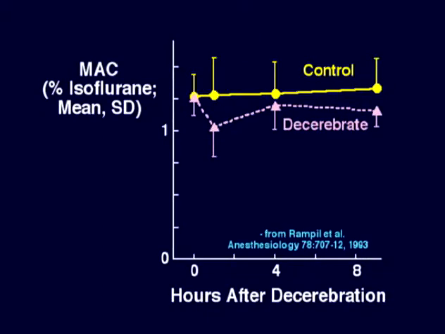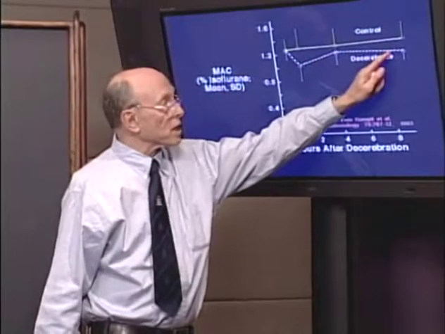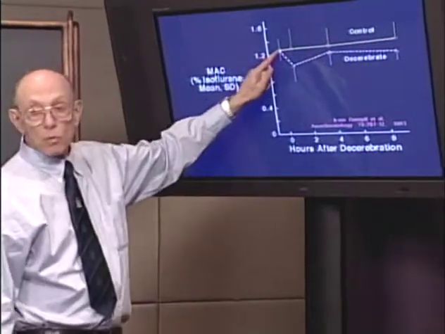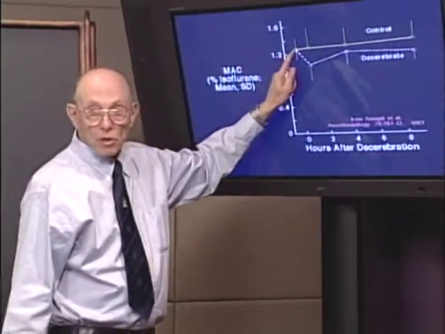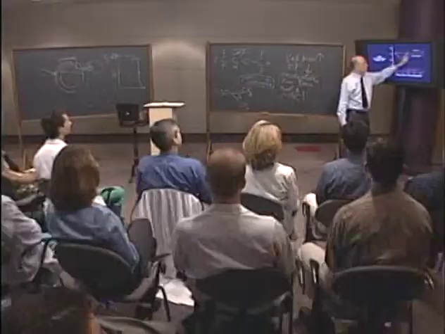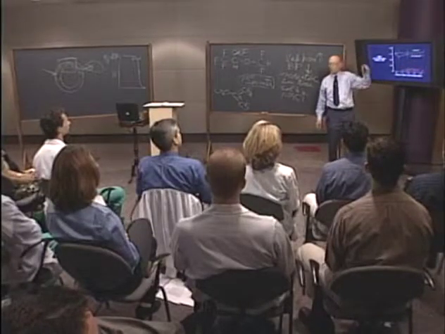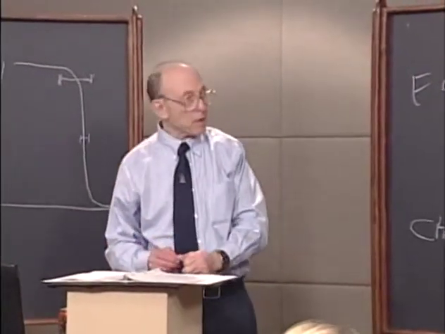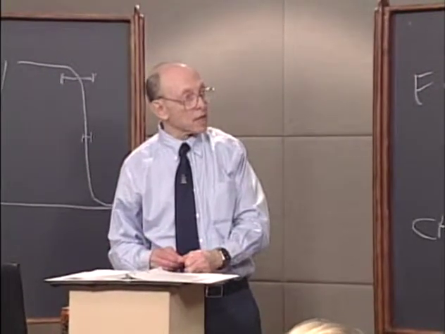you made the animal decerebrate. Over the passage of time after decerebration, there was no change, and this didn't differ from a control animal in which the severing was not accomplished. So this was an animal in whom there was a sham operation done, but no severing of the higher centers from the lower centers. So that pretty well proves that the spinal cord is the primary mediator of the capacity of inhaled anesthetics to